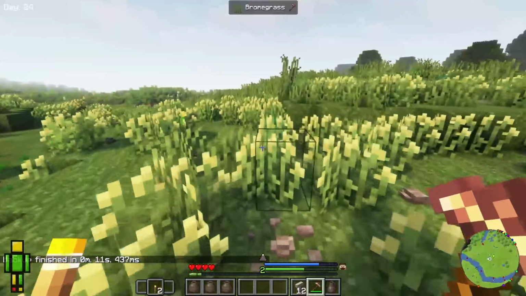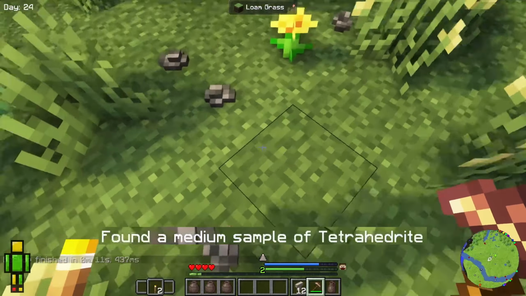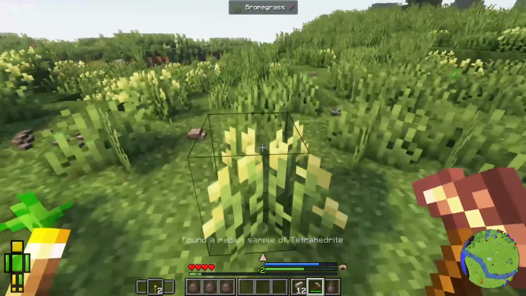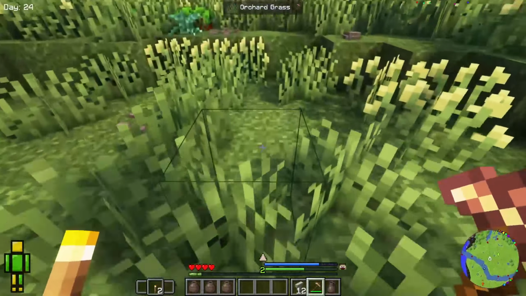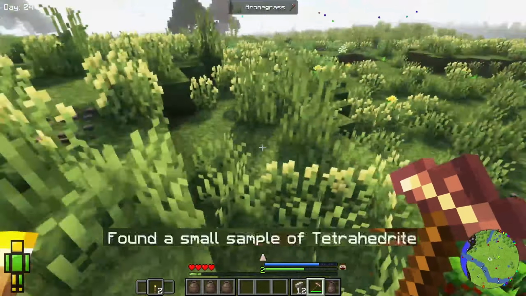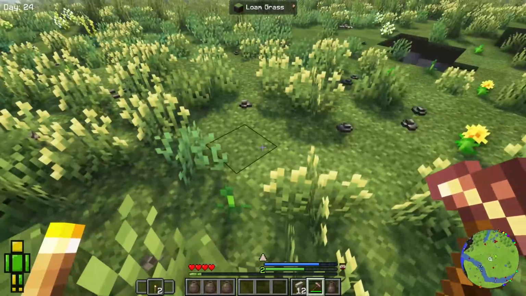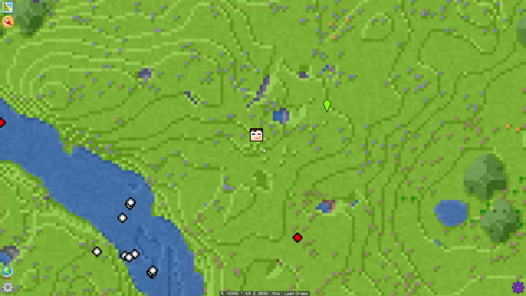So if we head in this direction, it should start to go up. Now we have a medium sample. If we go over here, nothing. Medium sample. Trace. Medium sample. Small. Okay, so that's telling me that this vein is one, fairly deep, and two, is centered around here. So if I put a mark right here,